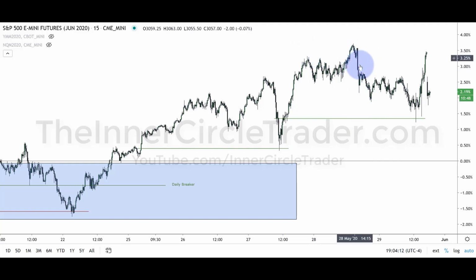What is happening right in here? It's the same thing I just showed you with the Australian dollar. So we have relative equal highs in here, this high being lower than this one. Did this run above these relative equal highs move a lot? No, it didn't. And price does what? It breaks down